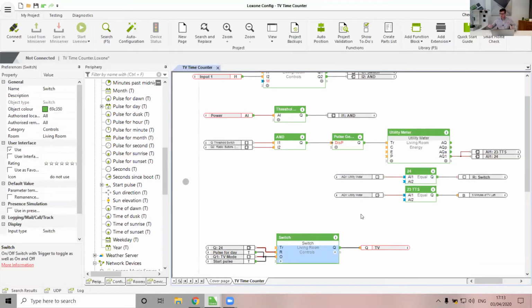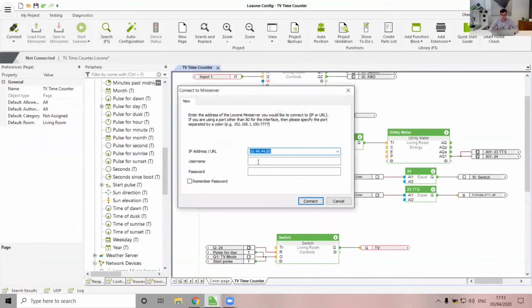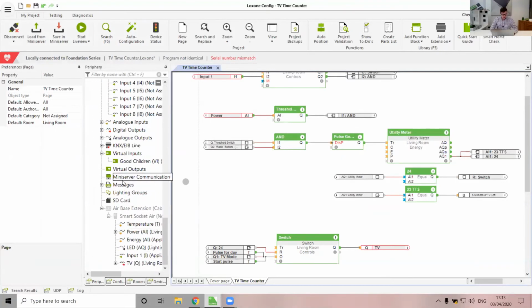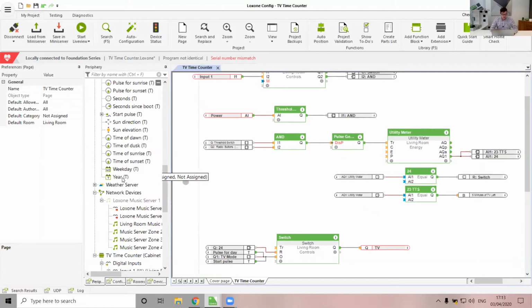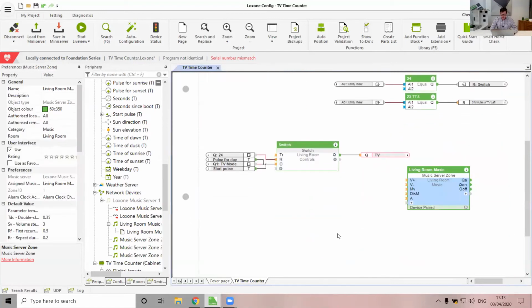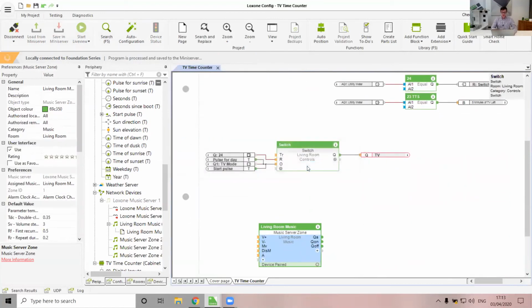And so before I move on to the extra stuff, let's look over what we've got. So actually, I know that I said I wasn't going to save this into the mini server, just so that I can show you that I'm not cheating you out of anything with the text to speech. I'm going to connect to the mini server. I'm going to just dump in a zone of music somewhere on this page so that we've got a zone there. And I'm going to save this config in just to show you Autopilot Designer and me doing that text